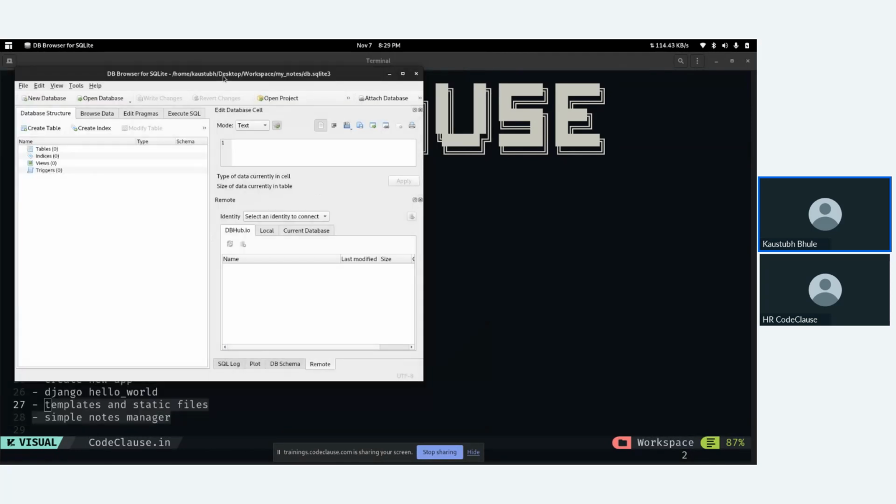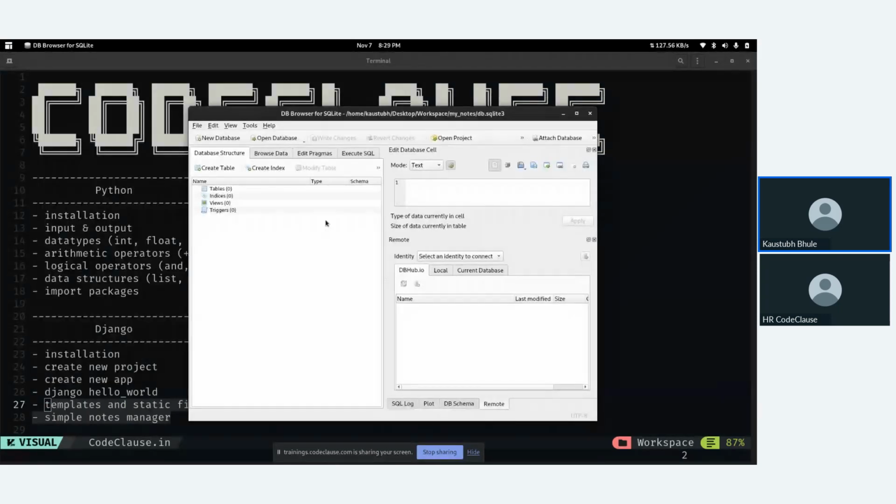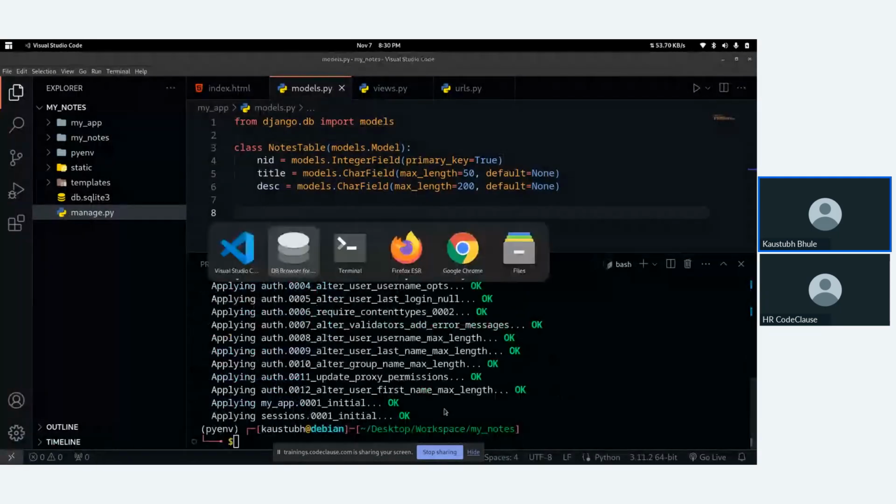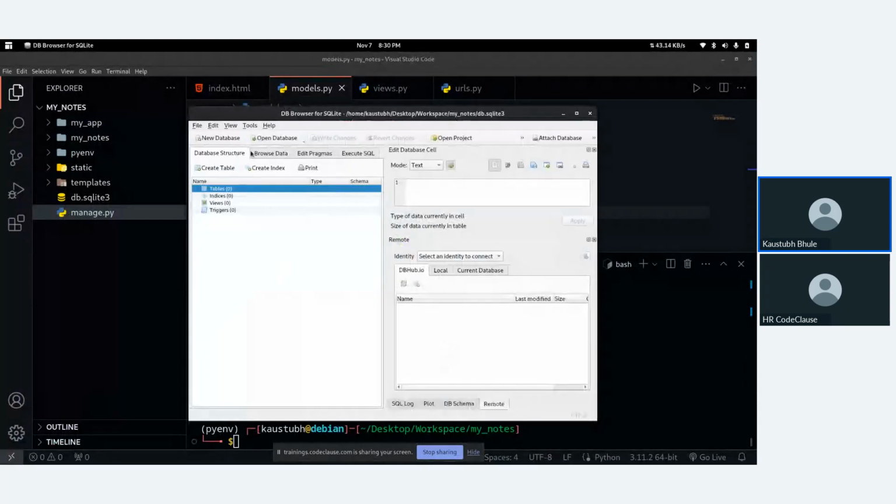I don't know if you are able to see this tiny details. Actually, I'm not able to zoom this thing. Okay, so let's migrate first. After this migration, let's reload this. Let's reopen this.